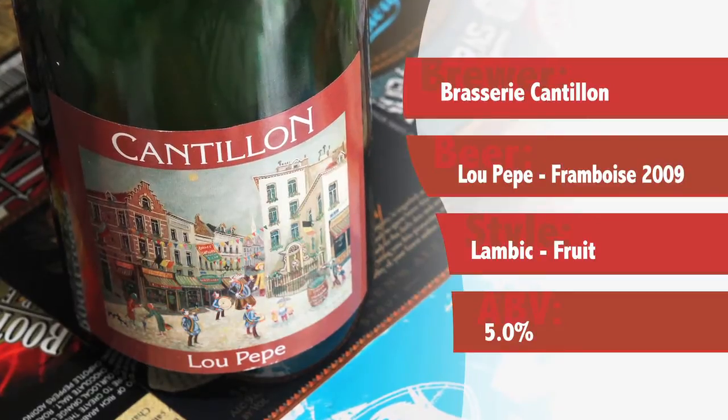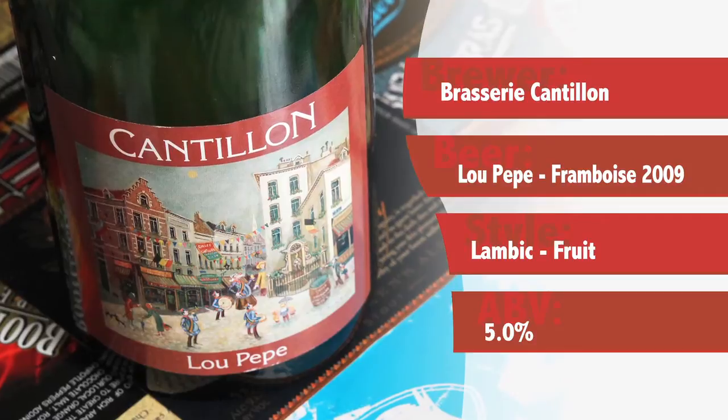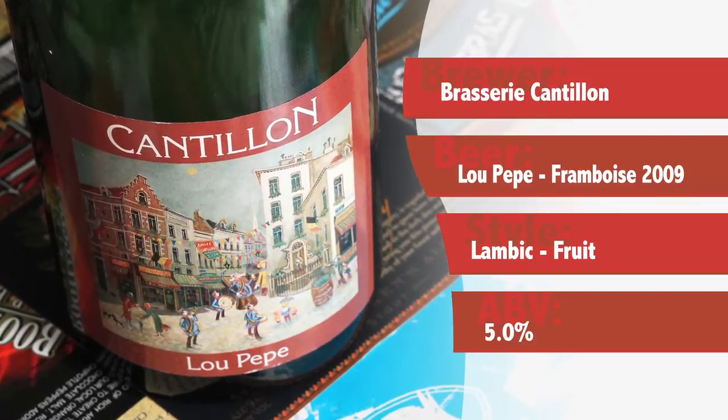But we've got a special one going on this week. It's the Lou Pepe Framboise. And it's really cool because this is kind of different from...